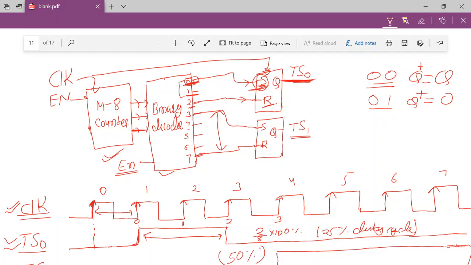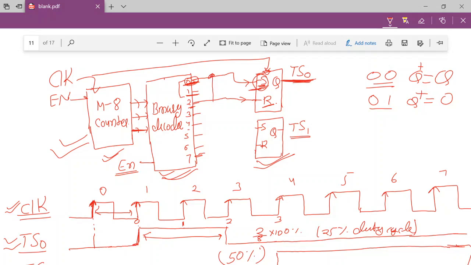I think it is a very simple, easy application of how we can produce different signals with different duty cycles. We are using three components here: one counter, one decoder, and an SR flip-flop. One SR flip-flop for each separate signal, right? If you want, you can use the same output for multiple flip-flops. We can also produce the 50% duty cycle in this manner as well.